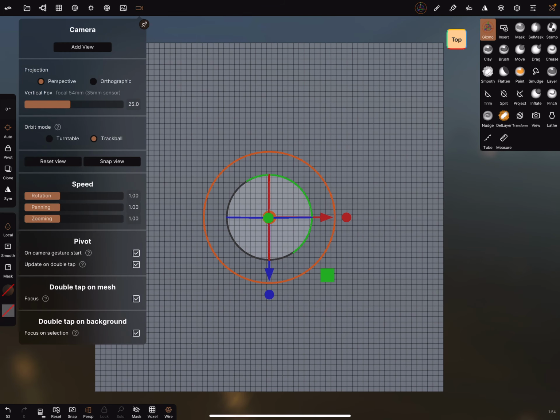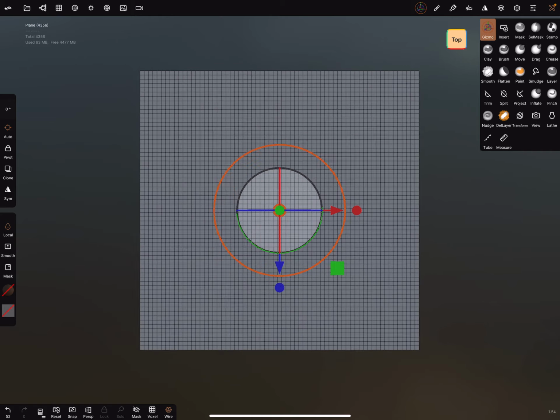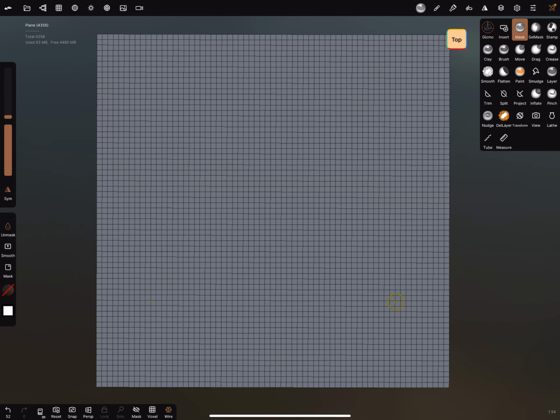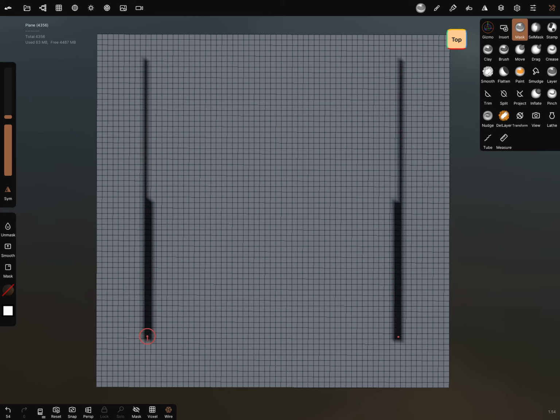I use the orthographic view on top, and all you have to do is reduce the size of the brush a little bit, and the parts of the shelf. Mask is on, symmetry is okay. I draw here a line.